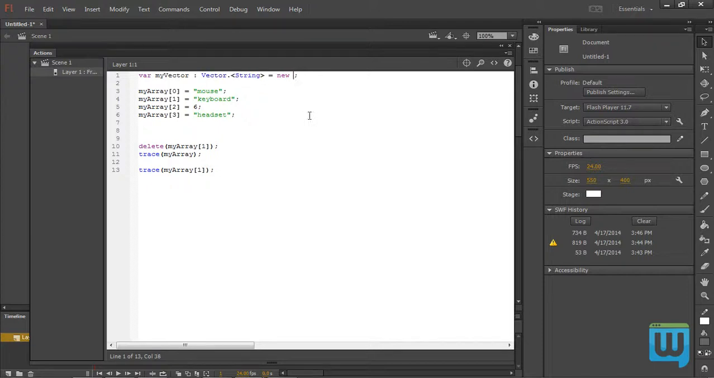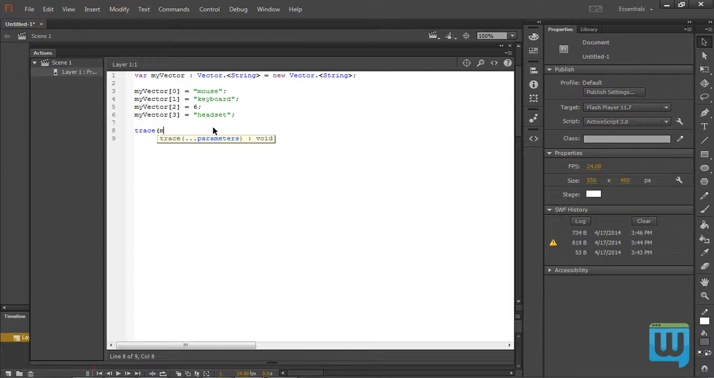Copy this and then paste it here. And that's pretty much it. Simply have to change these to my vector. Let me just delete those. And let's try to keep this as it is right now. This vector is of type string, but it contains a number. So if I wanted to trace my vector,